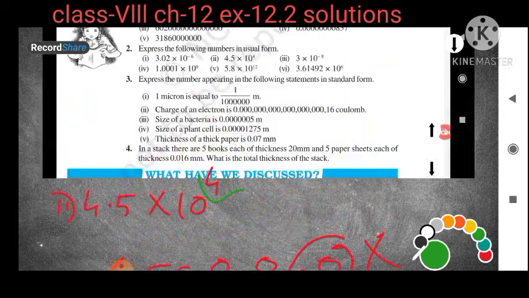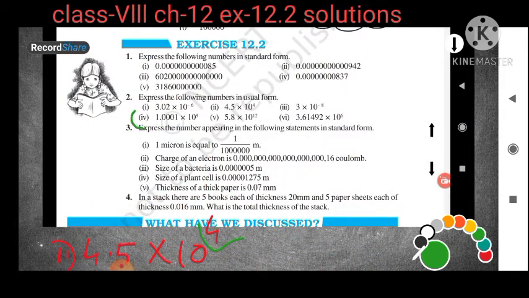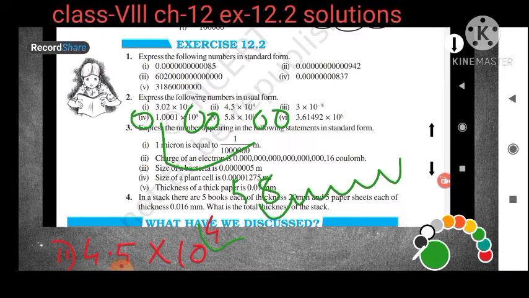So what are the remaining questions? I will keep the remaining questions as homework. All these questions will be your homework. Here it is given 10 to the power 9, isn't it? That means this point will move to the right-hand side how many steps? 9 steps. According to that you will add 0s. Again here you can see 12, and this is also positive, that means 5 8. This point will be removed and this 8 will jump 12 times. Then according to that you will add the 0s. So this remaining question is your homework.